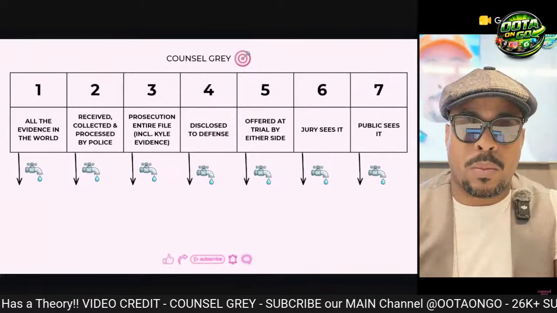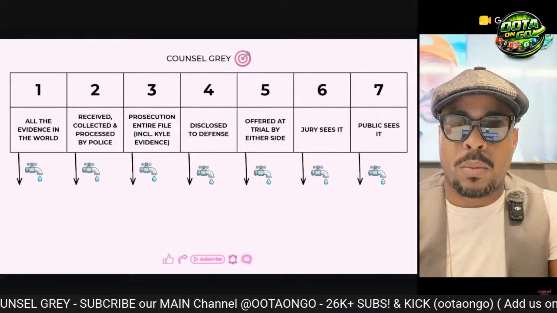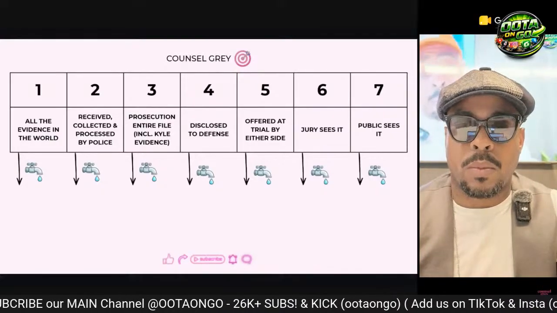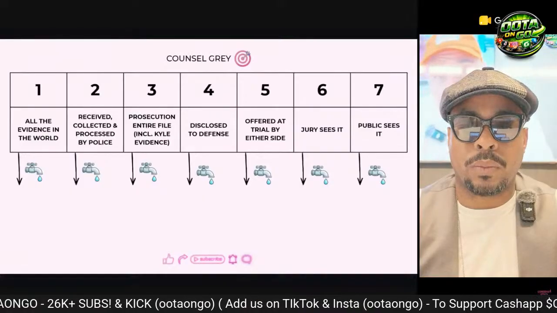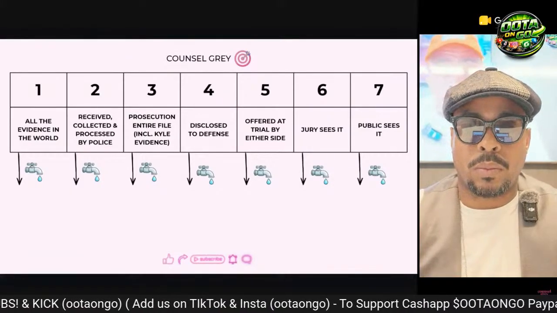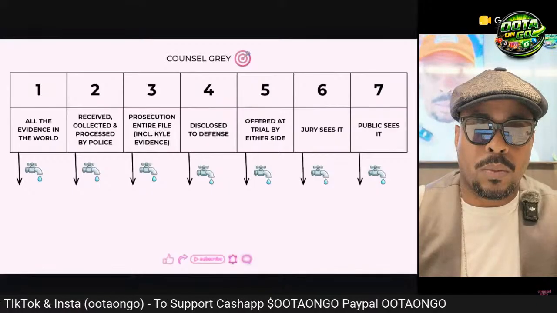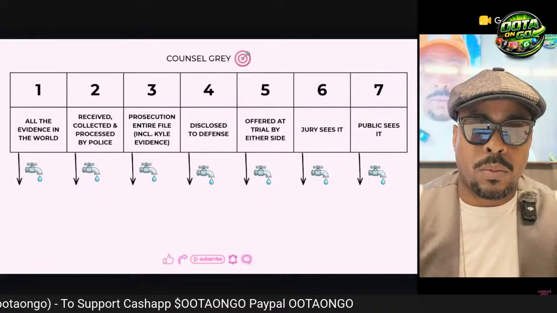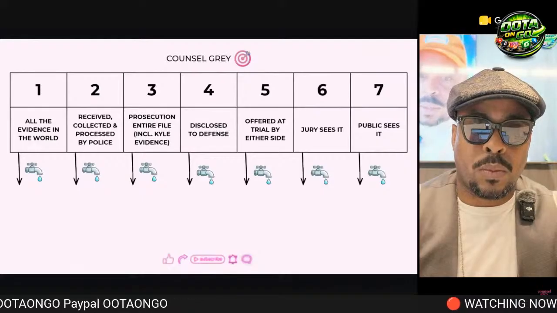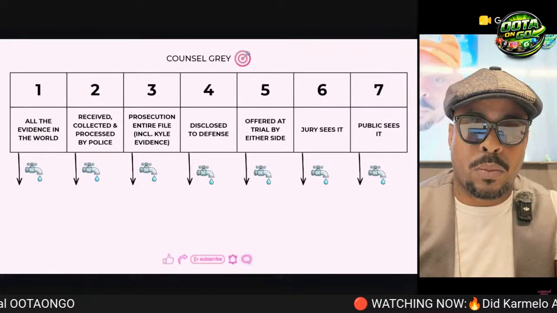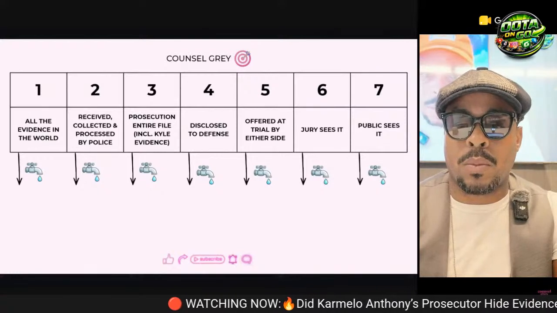And then the body of evidence gets even smaller because the defense and the prosecutor, they still may or may not offer it at trial. Just because the prosecutor has it doesn't mean they have to use it at trial. Just because the defense has it doesn't mean they have to use it at trial. Okay, so now we've got a much smaller body of evidence of what is offered at trial. And just because it's offered, right, you see this circle keeps getting smaller and smaller. And I'm going to show you why in a minute if you just got here.